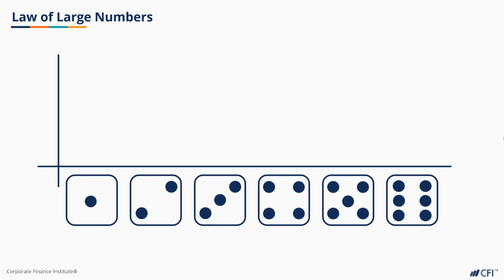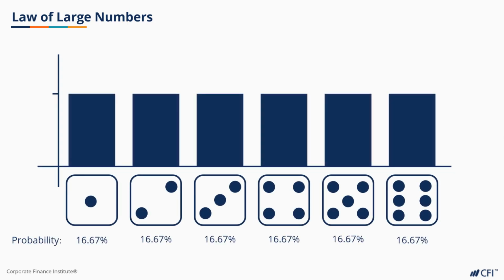This law is frequently illustrated with dice rolls. We all naturally understand that each side of a six-sided dice has the same probability of appearing, as long as the dice is fairly weighted. Ultimately, because of this feature of dice, we'd expect the average of a large number of rolls to be 3.5.